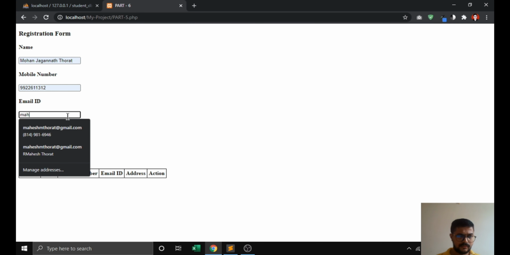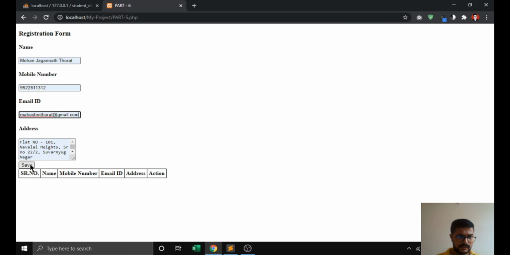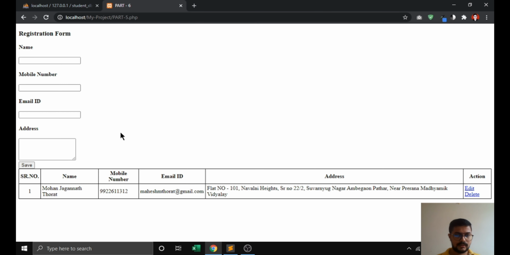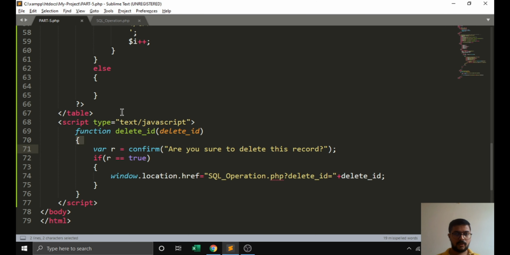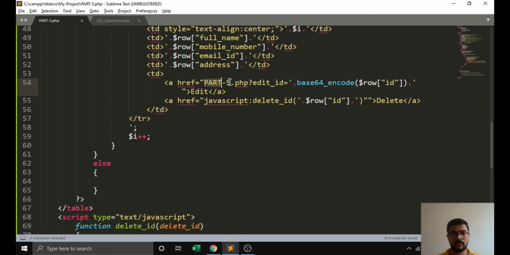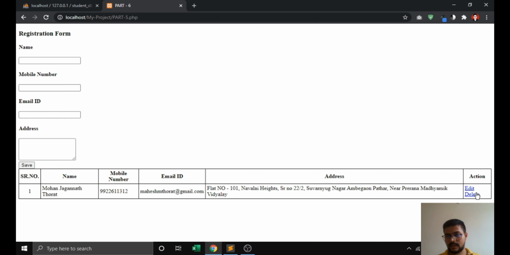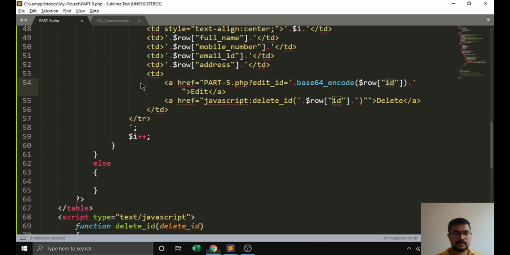our last operation in SQL. We have to write it like this. We are adding data, and we can delete data. We have to edit this also. For that we have created part5.php here, and we have passed the edit id and our id. If we click on this edit button, then we can see that the edit id with one value comes in our URL. So we have to write code for editing this.